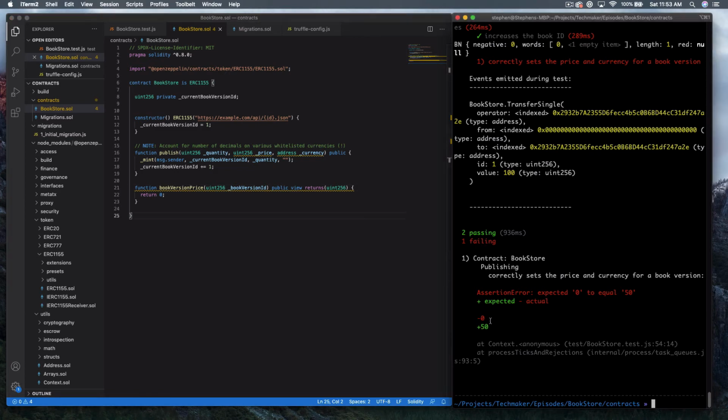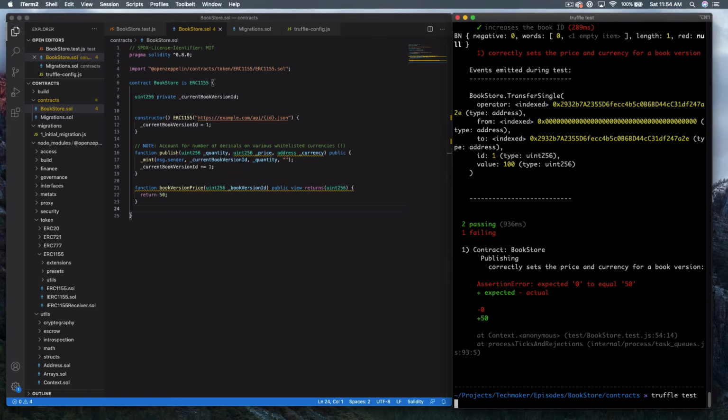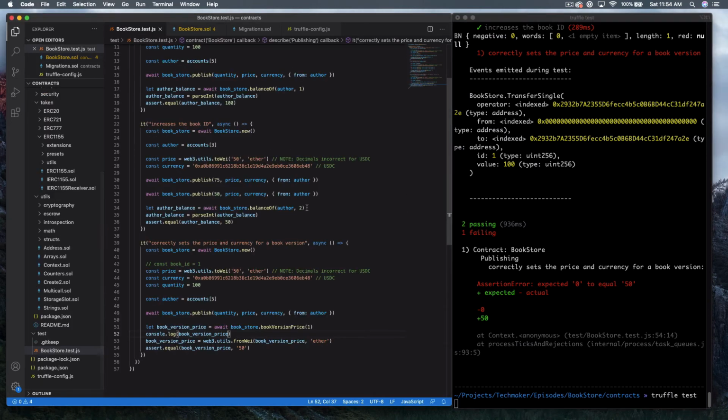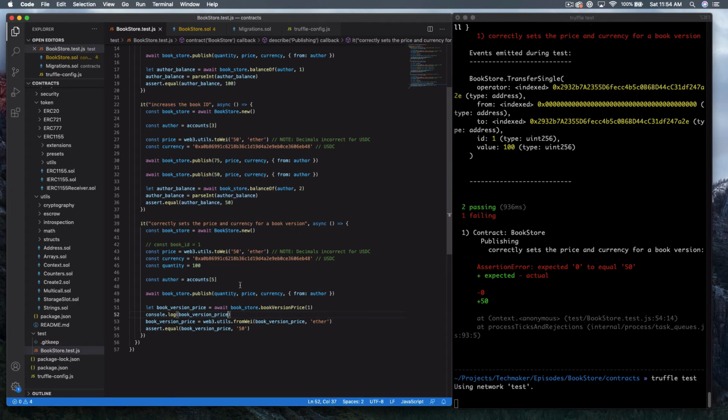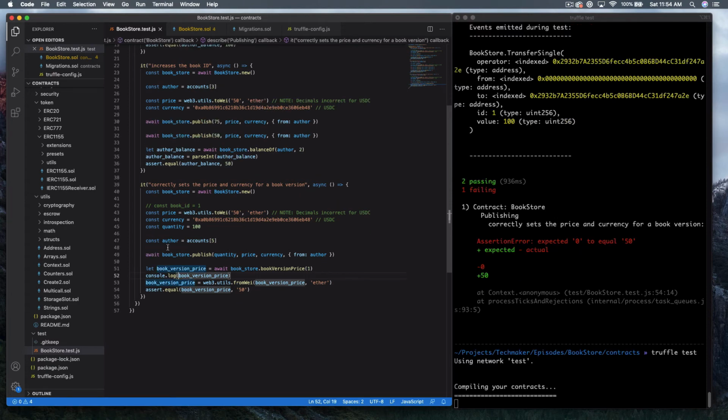It's expecting 50, but it's getting 0. So we could actually make the test pass by just returning 50, which is what a lot of hardcore TDD people would do. And then you have to write another test that actually proves that it's returning the right thing. In actual fact, let's just do it, since that's kind of where we're going with this. So what we can do is publish another book,